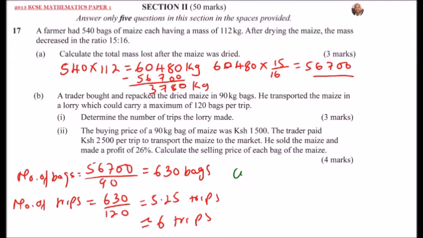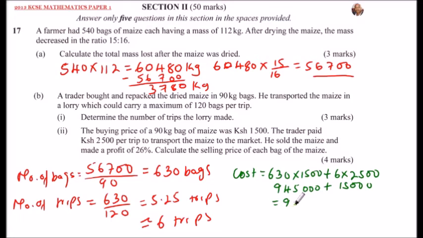We can say cost is equal to: the trader has 630 bags, each bag was costing 1,500, so that will be the cost, plus he paid for 6 trips, each trip is 2,500. So that will be the amount you would spend. This would give you 945,000, and then you have plus this, which gives you 15,000. So this totals to 960,000